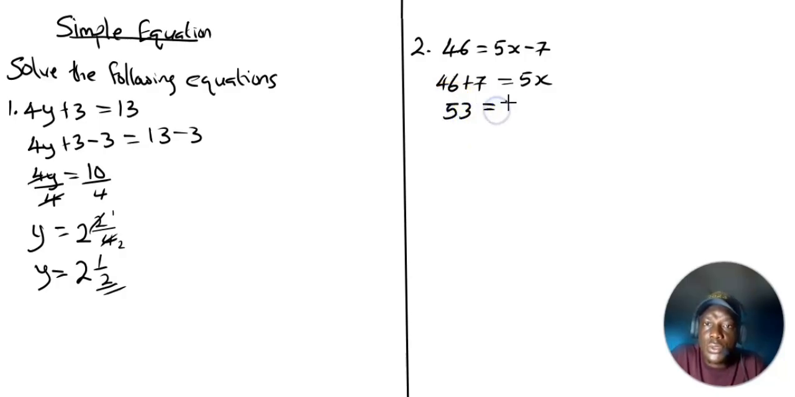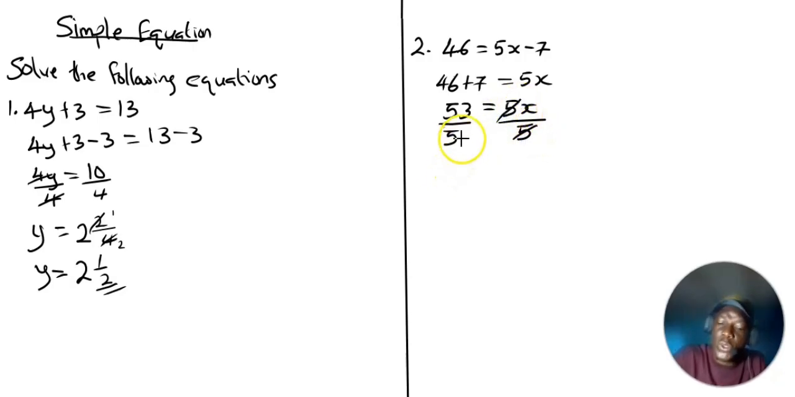53 is equal to 5x. Now, in trying to make x stand alone, we are going to divide both sides by the coefficient of x, which is 5. So let's divide everything here by the coefficient of x, which is 5, divided by 5, divided by 5. So here 5 can cancel 5. Okay, our x,